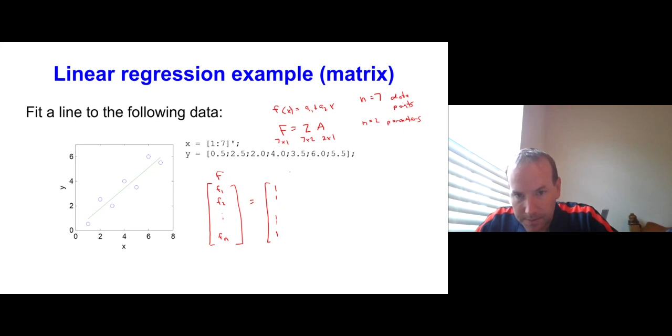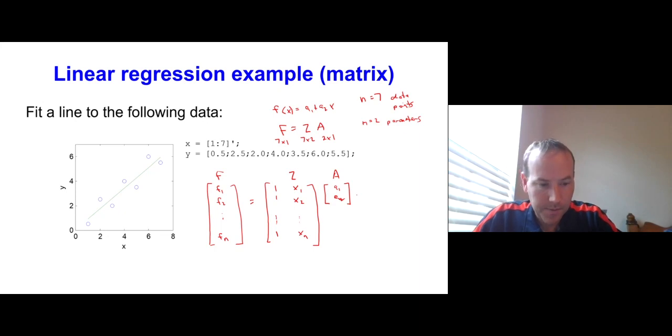We've got a Z matrix that's going to go down to xn, which in this particular case would be x7. And then we have an A matrix, A1 and A2. So basically, all we need to do once we set up this matrix and establish the Z matrix like this is solve